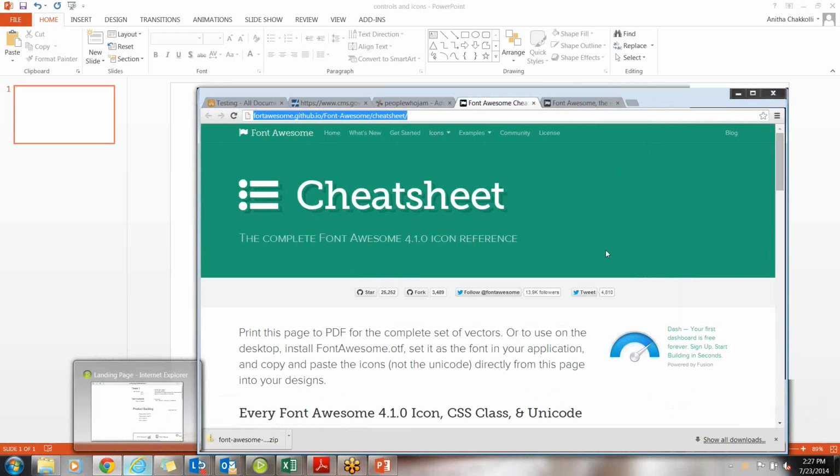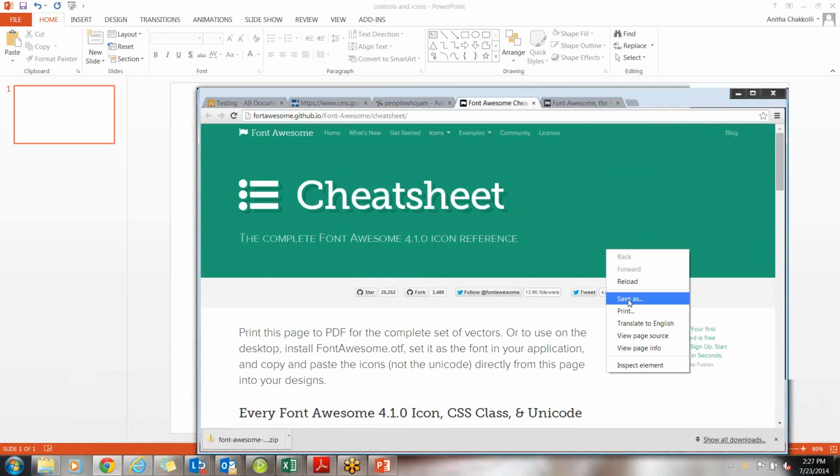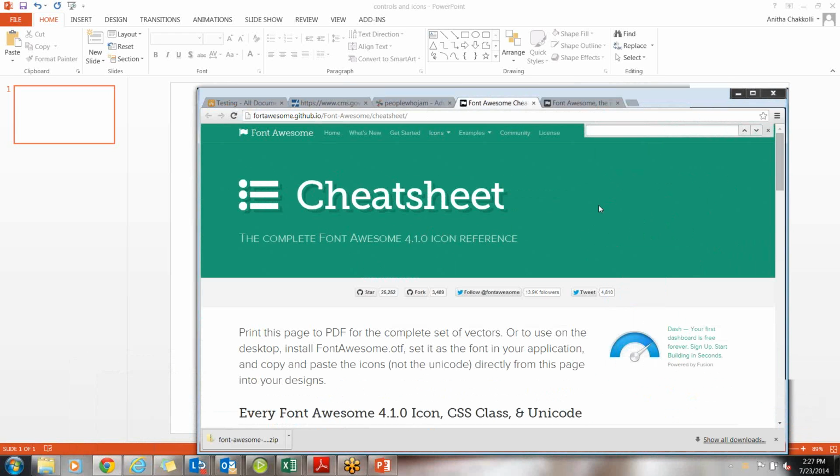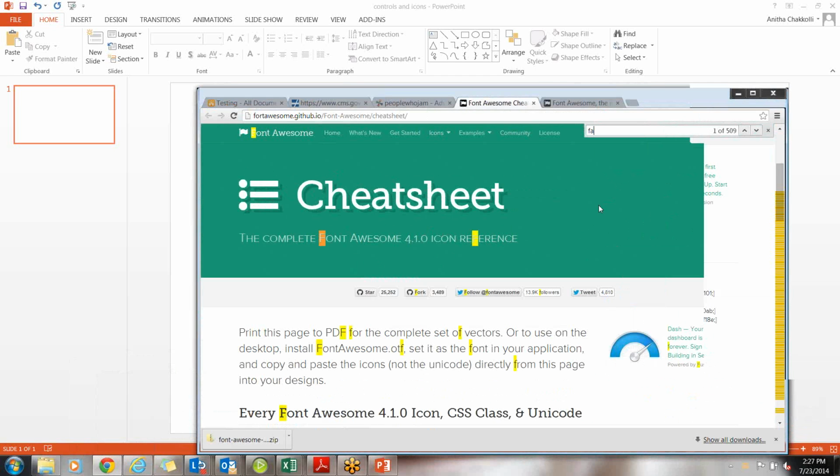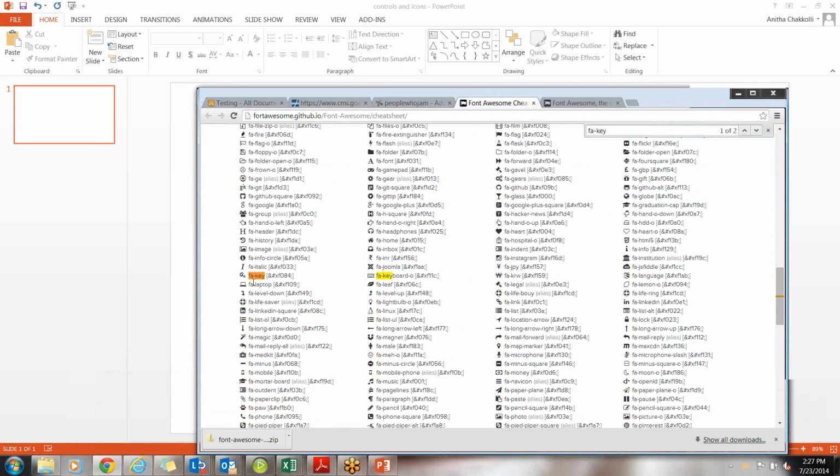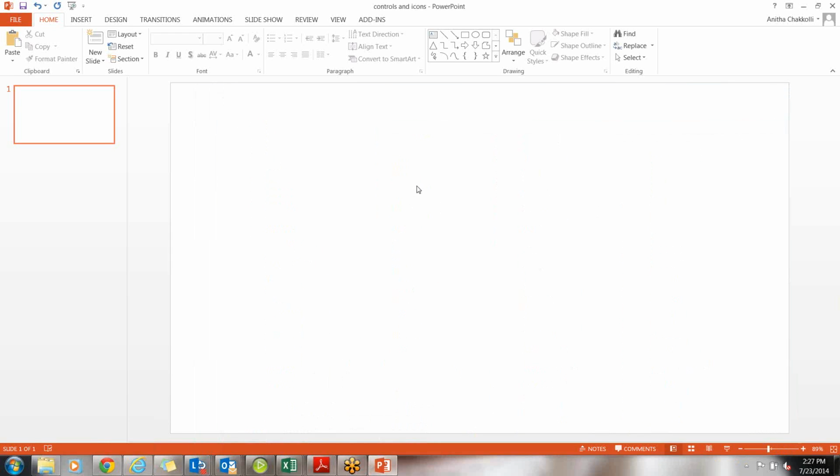So let's go to your cheat sheet, and we're going to do Control F, the Font Awesome key. We're going to copy this. Even though it looks like an icon, it's a font. And I believe this is, Sean can kind of provide the color commentary on this one. I believe this